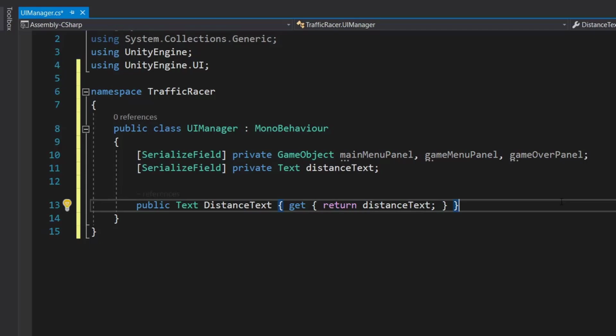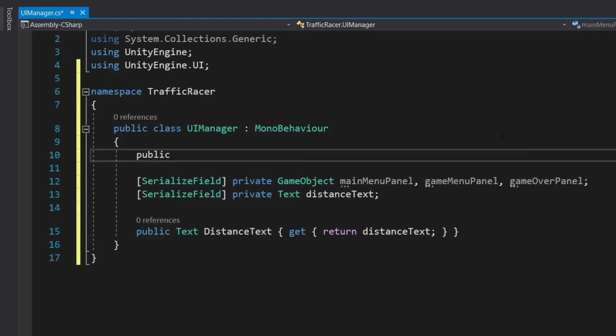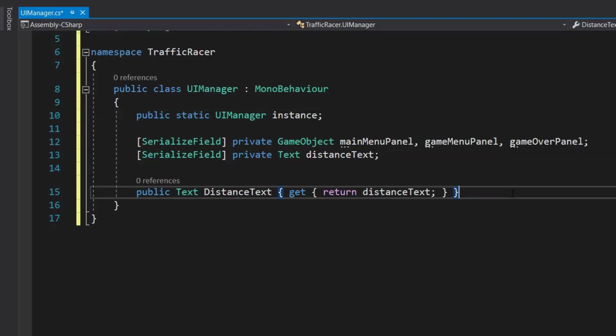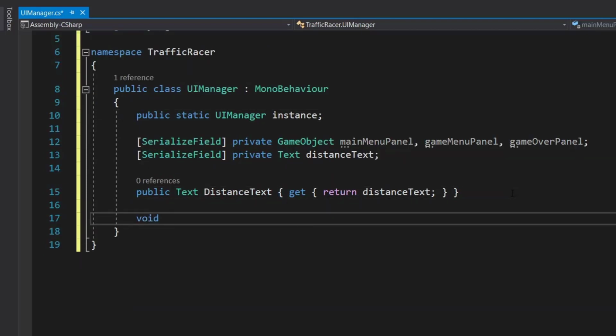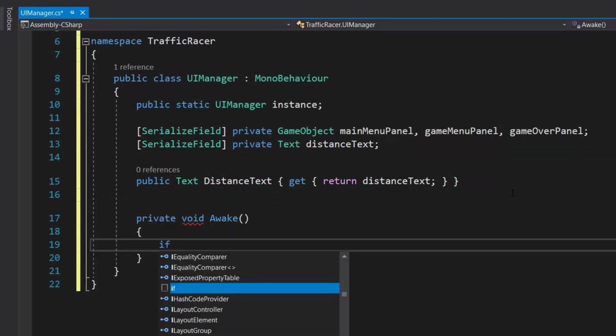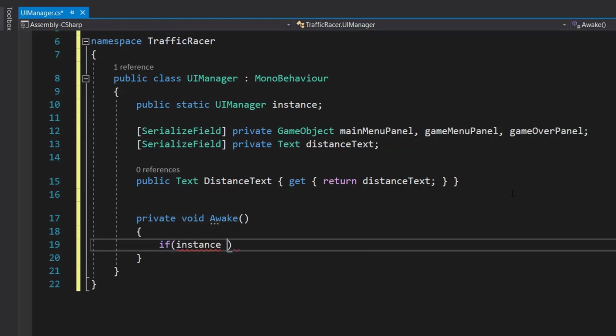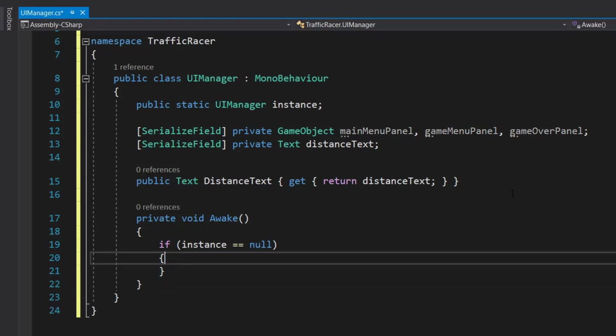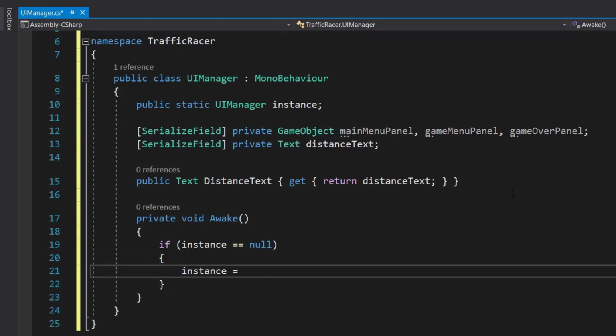So for that we'll create a public static UIManager instance variable, and in Awake method we'll type if instance is equal to null, then instance is equal to this.